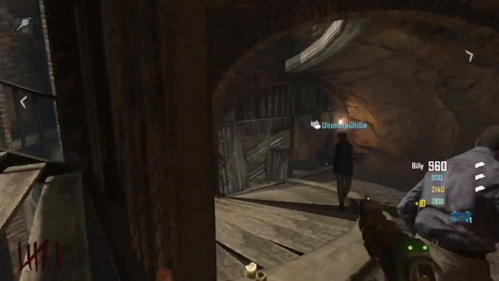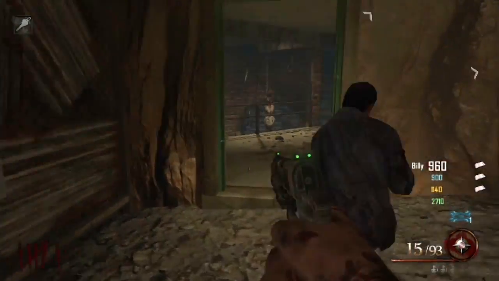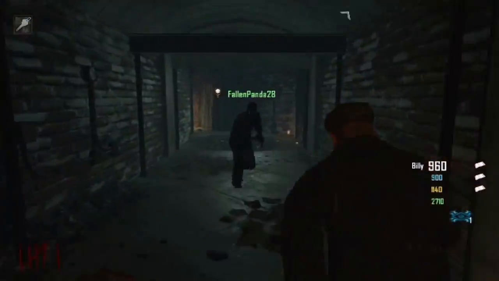And then you're going to open this door down here to the right, near these boxes that you zapped, and just follow Ultimate Gilly. You'll see that a lot throughout this Easter egg, because my friend Ultimate Gilly and TVG